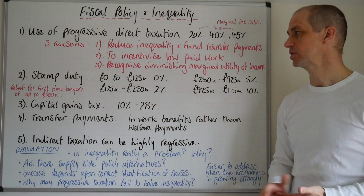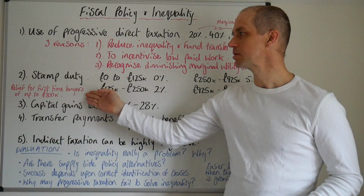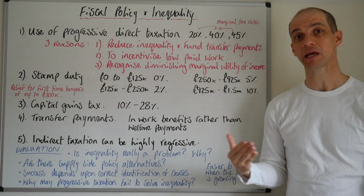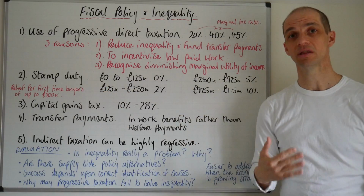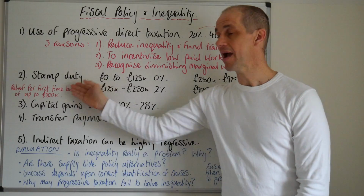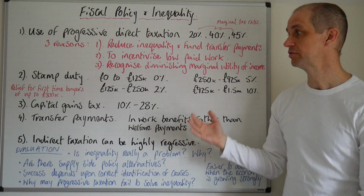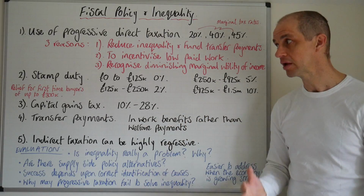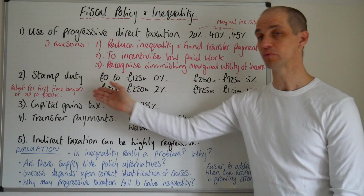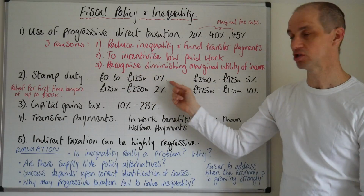Okay, so secondly, let's have a look at stamp duty. Well, a recent development within the stamp duty world is the fact that when it comes to buying your first house, there is now relief for first-time buyers up to a threshold of £300,000. So, of course, with increases in the property market, this has really been fueling intergenerational inequality. And now, of course, that has been corrected there by this decision taken by the Conservative government to support first-time buyers, and the fact that they already need to raise a very large deposit, so they do get that additional support, and that really reflects the fact that house prices have increased markedly way beyond this previous threshold of 0%,